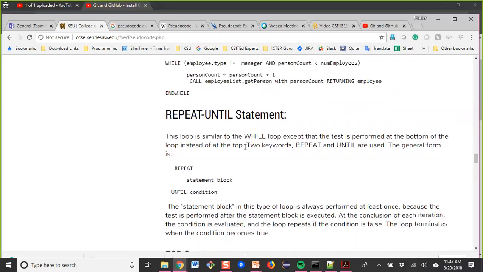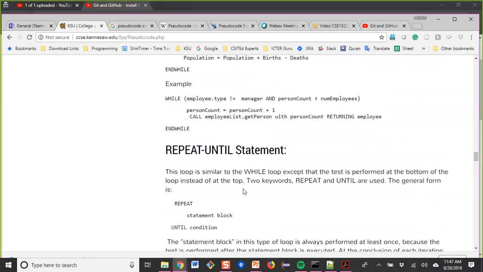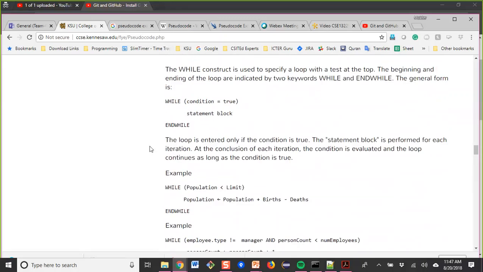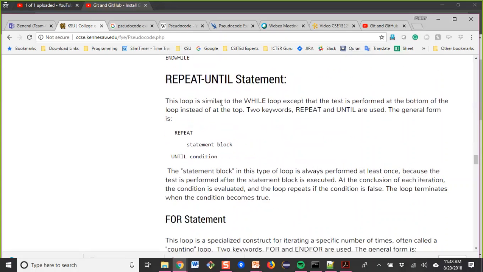So the difference between while and repeat until is that while will check the condition first. If the condition is true, then it enters the block. But if the condition is false, then it will not enter the block at all. But with repeat, it will execute the statement at least one time, and then after execution it will check the condition.